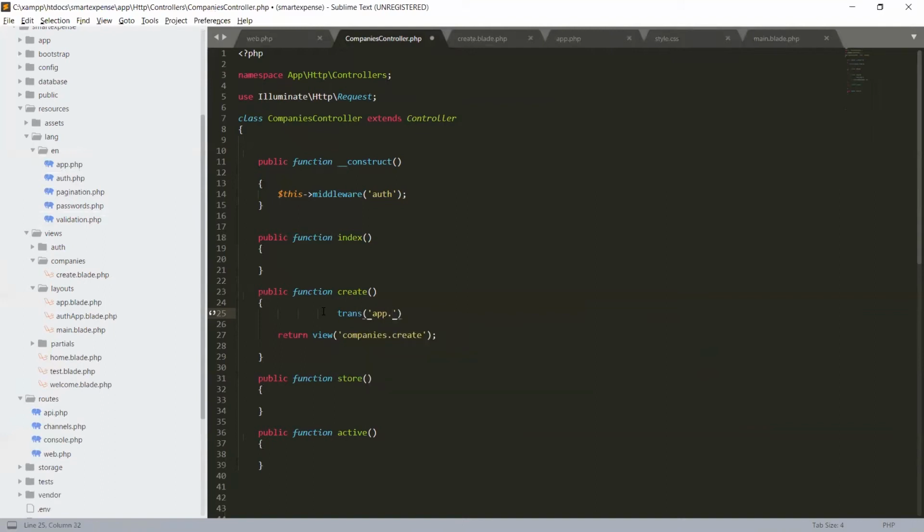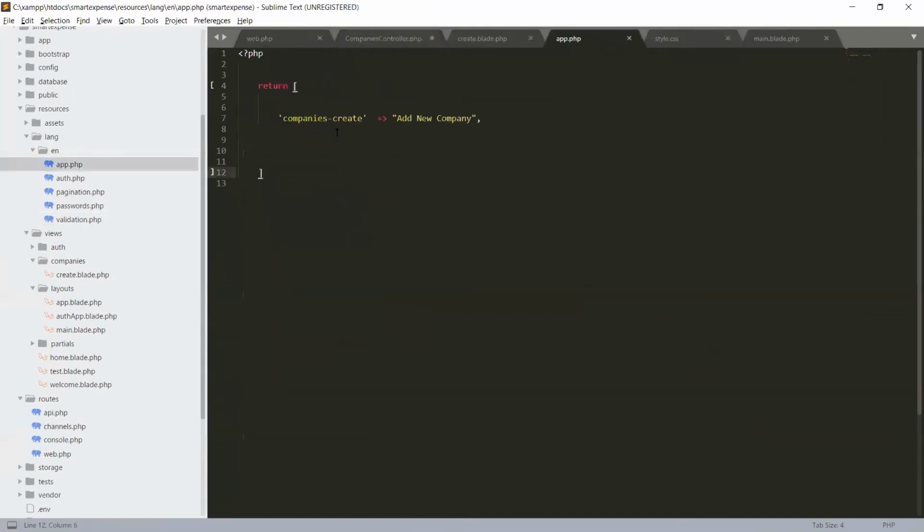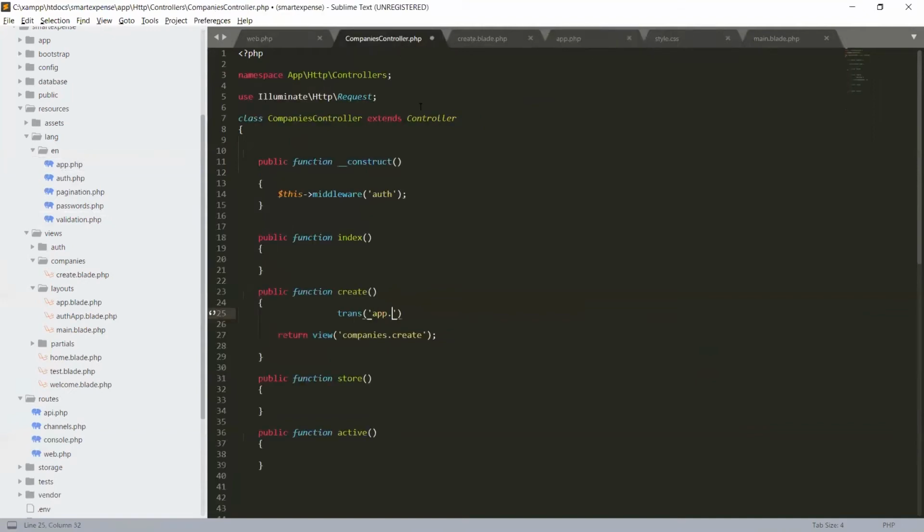App is the file name, and then the name of the string that you have in your companies dot create. Come to company app dot, that is what we have copy pasted. So app dot under the app, and the companies dot create.